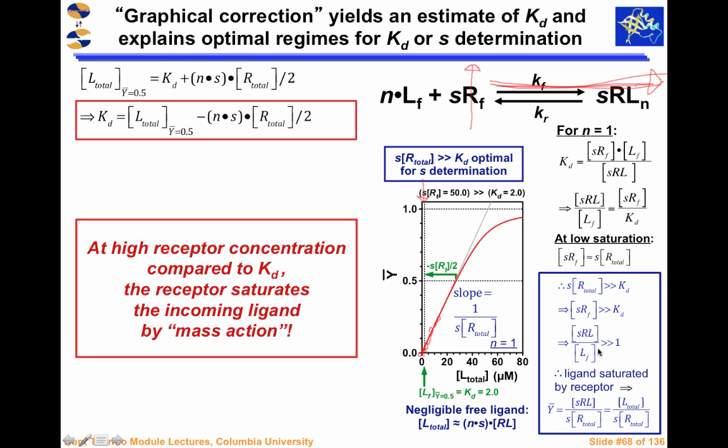And now what we can do is use this mathematical relationship to understand how we can use this plot to measure stoichiometry, right? So fractional saturation is given by SRL over SRT, right? Under these conditions, what we have is that